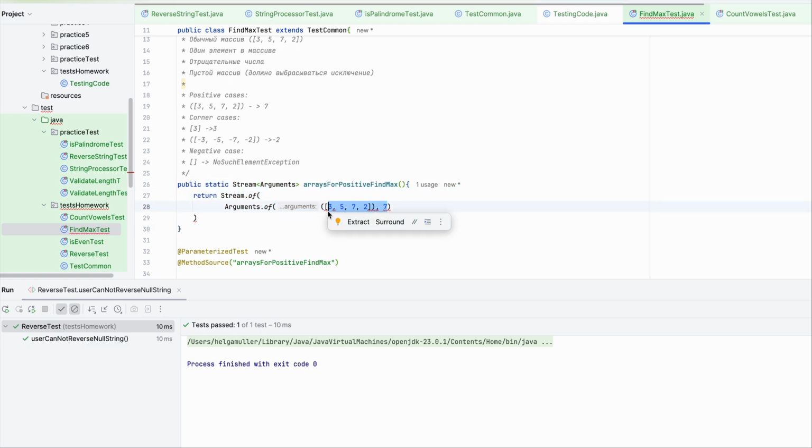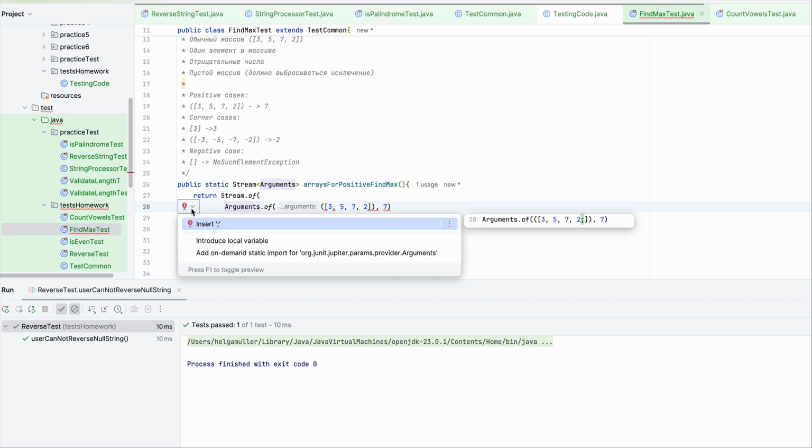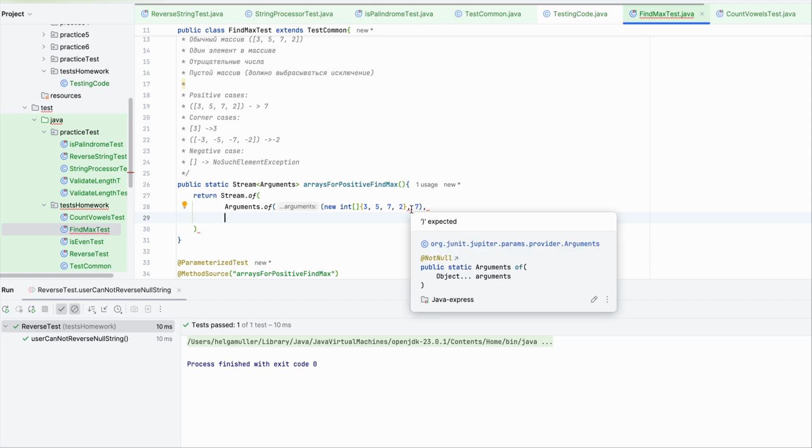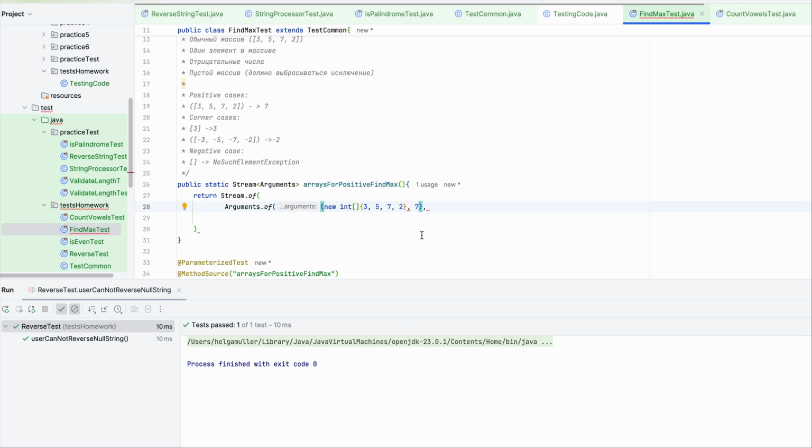Okay, and if I try to... I'm not sure I was able to... 1 and 1 and 1. It's off. And the next array is